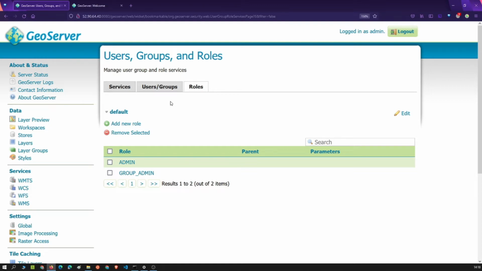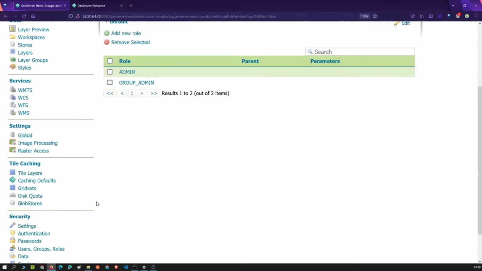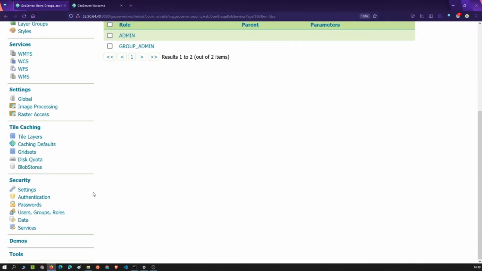It has authorizations. You can limit those authorizations by altering roles and then assign those roles to users. So what we would do later is create a new role and create new users to limit the access to specific users. But for now, what we want is to limit preview of layers to anonymous users.